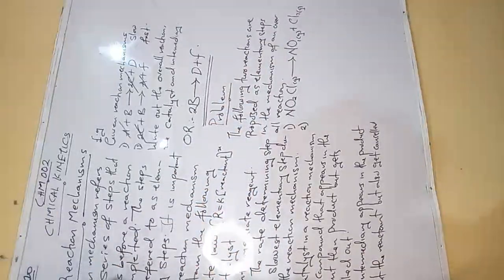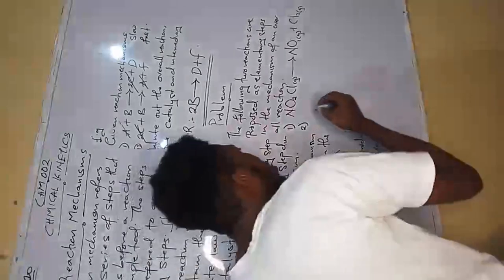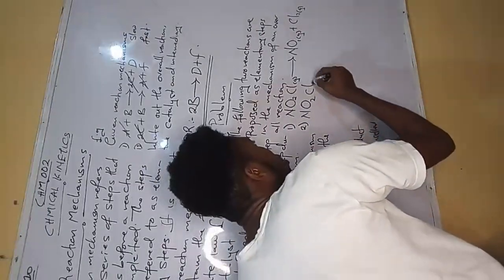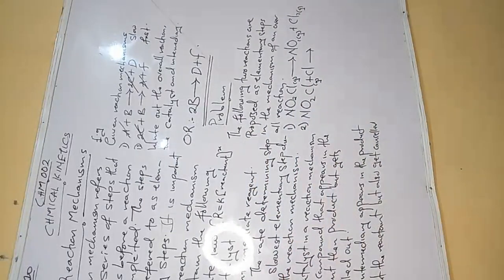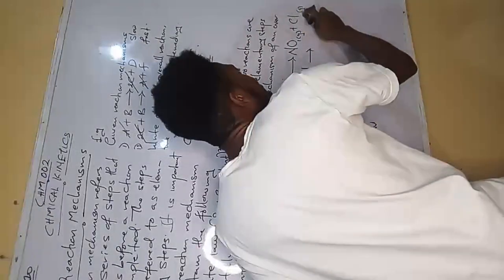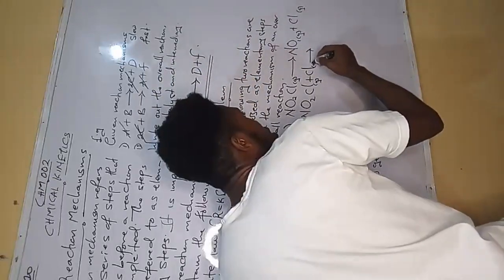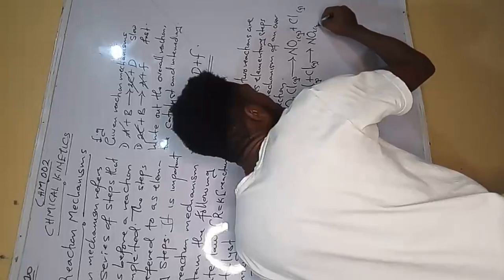Please follow carefully. The second one is NO2Cl plus Cl. Notice that one was not Cl2, ordinary Cl. This one too was not Cl2, ordinary Cl. To give us NO2 gas plus Cl2 gas. I see that now. So the question there that he wrote is